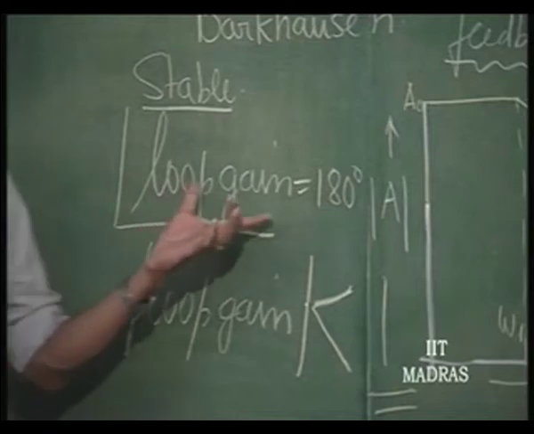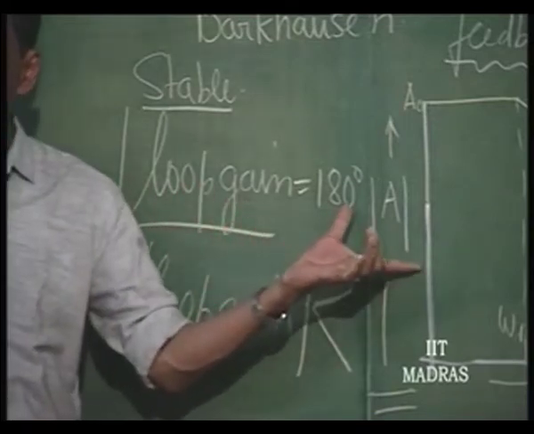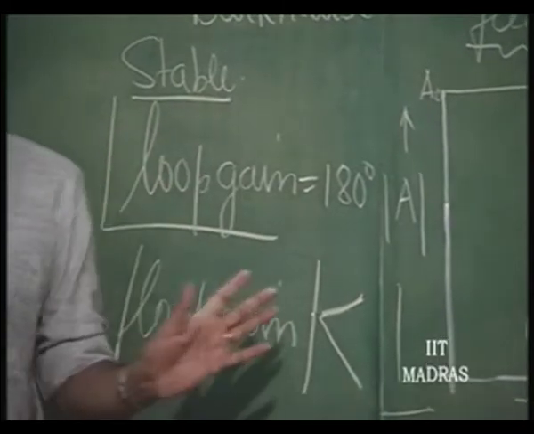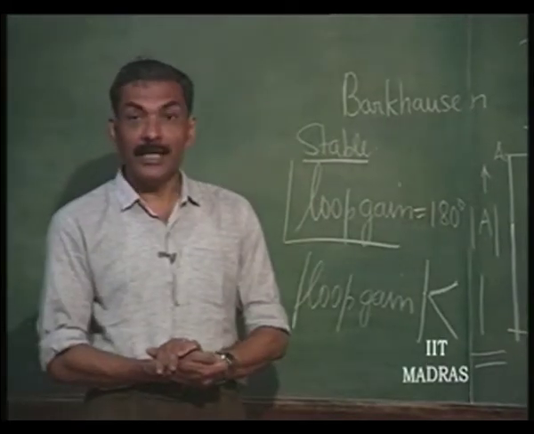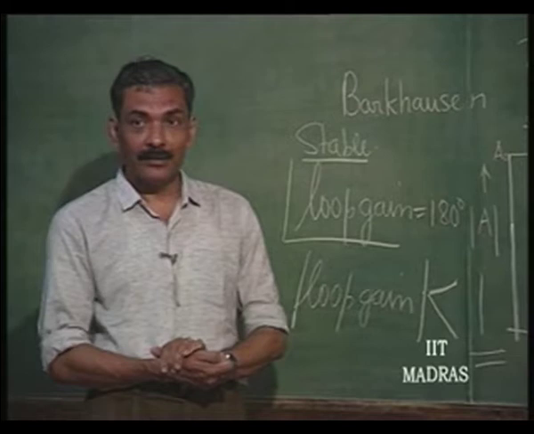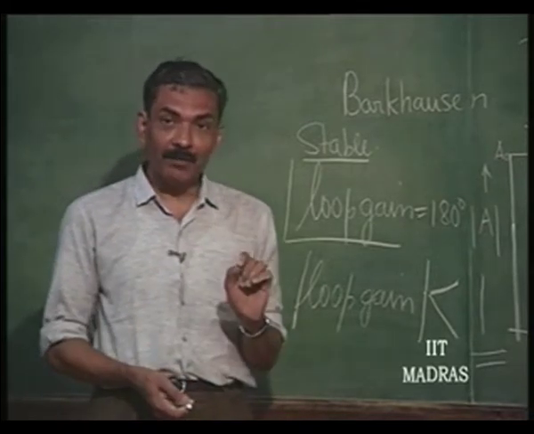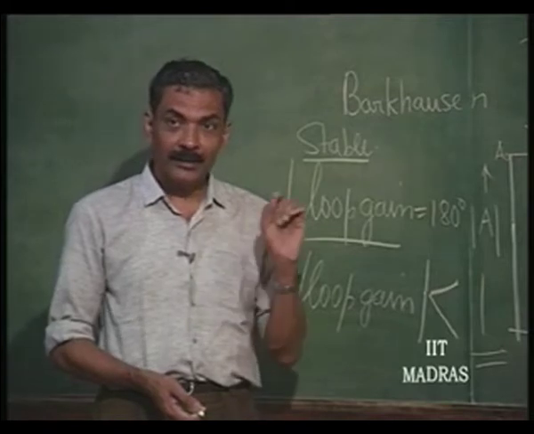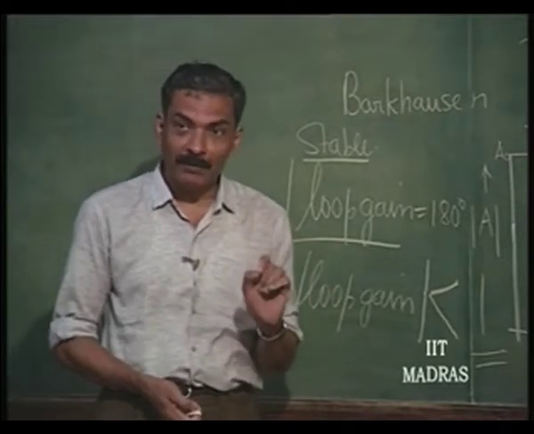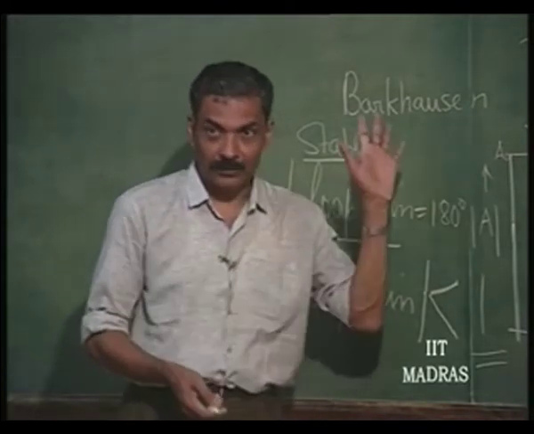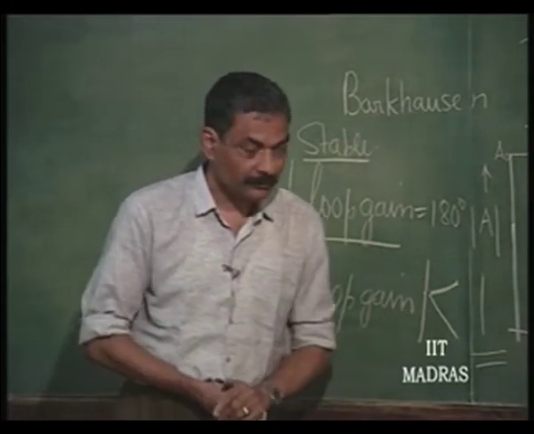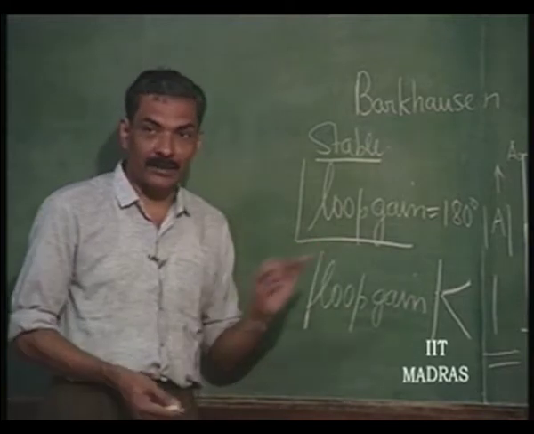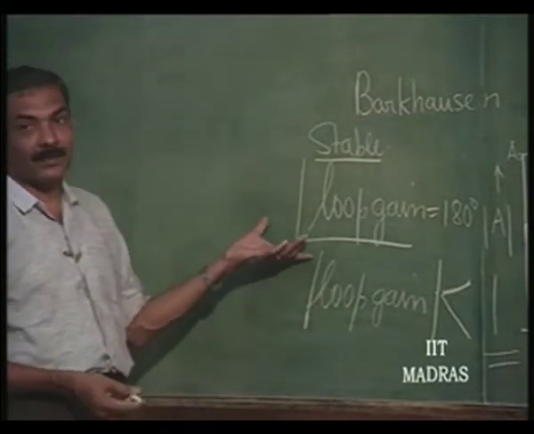When the phase shift of loop gain becomes equal to 180 degree, the loop gain magnitude should be less than 1, then we do not have to worry about oscillations in amplifiers. When do you have to worry about oscillation in negative feedback amplifiers? Only when the order of the system is greater than 2, otherwise you do not bother. If the order of the system is 3 or higher, then you have to really worry about the stability